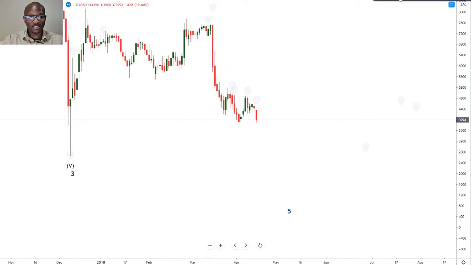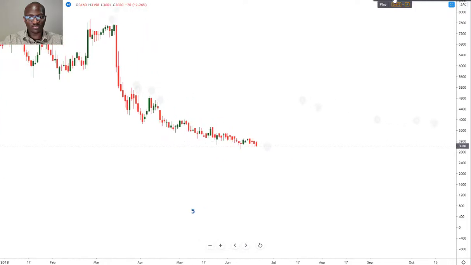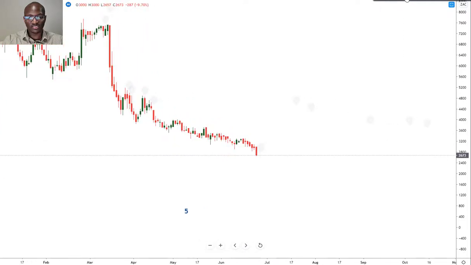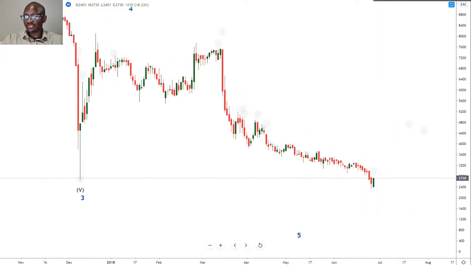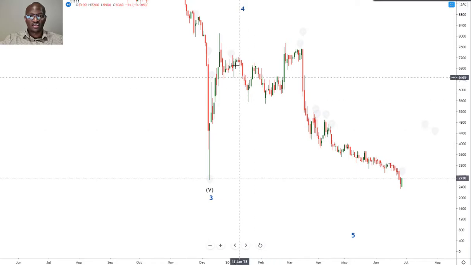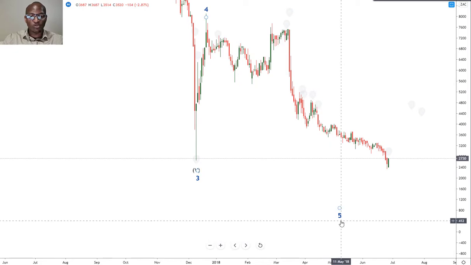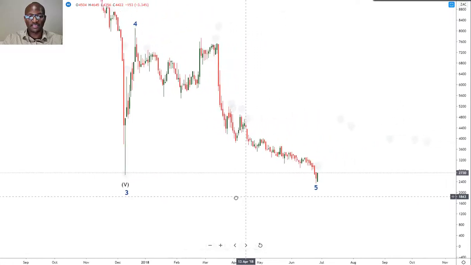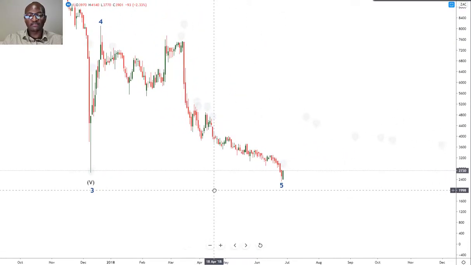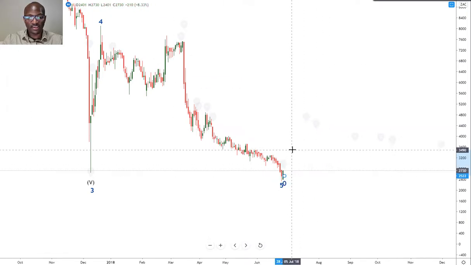But anyway, the market continued just going down, down, down. And I just want to highlight something now at this juncture. At this point in time, we can label this as wave 4. I most probably in real time would have labeled this as wave 5. But in order for the wave 5 to be confirmed, we would have to see a 5-wave rally.